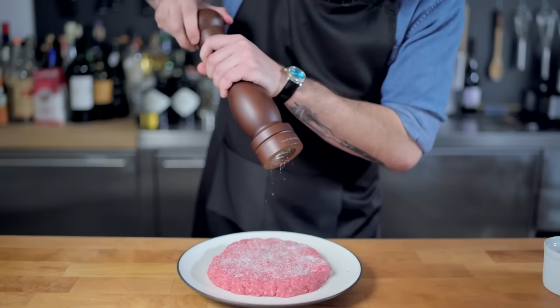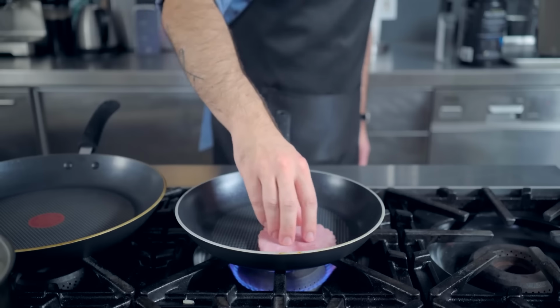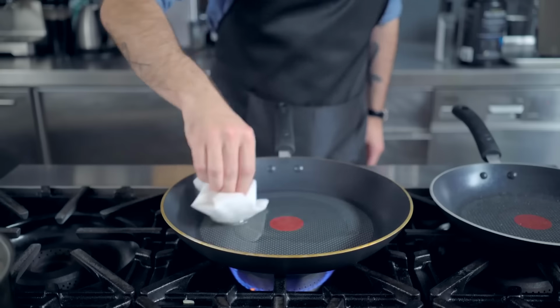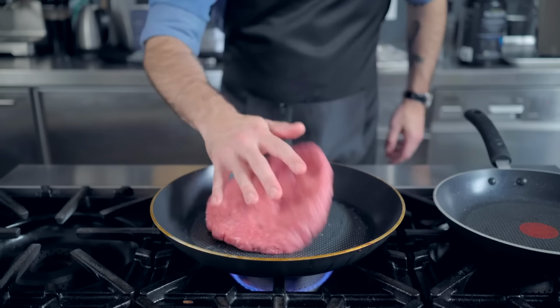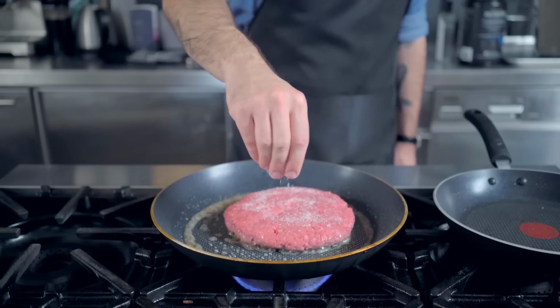Once we got that patty all seasoned, we're going to slice up a little bit of ham that we're going to fry in a little bit of vegetable oil, just so it's not cold going onto our burger. Likewise, I've got my bacon roasting at 375 in the oven. Now I'm going to grease up a non-stick skillet with a little bit more vegetable oil, and once it's preheated, I'm going to carefully place our giant burger patty, which I'm going to season antipodally with a bit more kosher salt